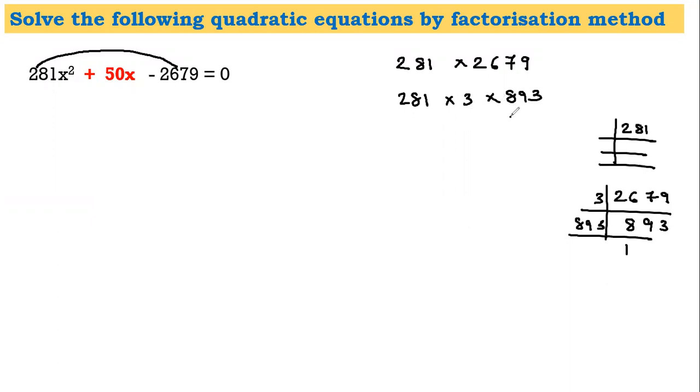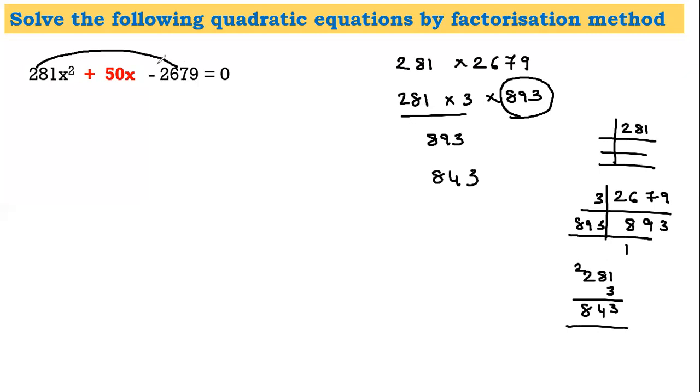The first step says biggest factor aside. Now, 893 is the biggest factor. So I am keeping 893 aside. Product of the other 2, multiply the other 2 numbers, that becomes the trick. 281 into 3. So let us multiply: 281 3s are, 3 1s are 3, 8 3s are 24, 2, 3 2s are 6 and 8. So it would be 843. Now let us check whether we have to add or subtract. Since there is a minus sign here, we have to subtract and get 50. So we will subtract both the numbers, and yes, we are getting 50. So these are my factors.